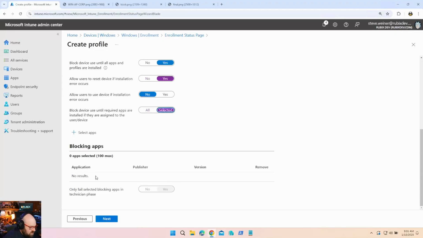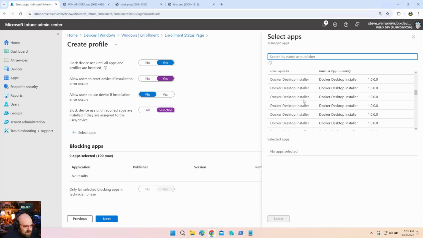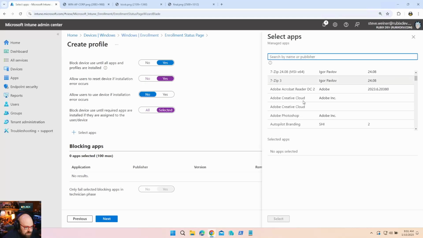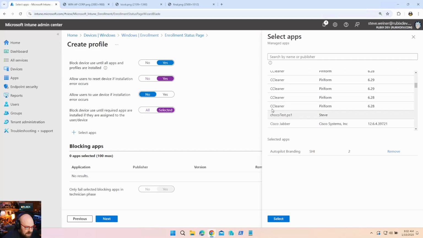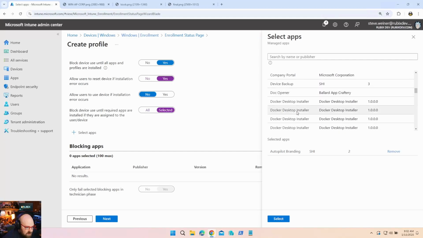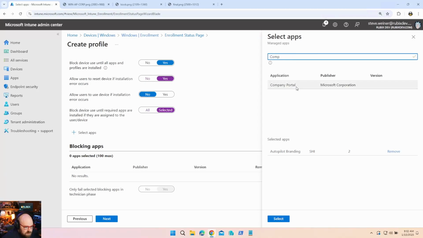And what applications can wait until after the user's on the desktop can either come down in the background or the user can download self-service through the company portal. So in our case, we are going to hit select apps, and obviously we have all our apps here. I'm going to choose a few that I know I want. Autopilot branding is my customization scripts for Autopilot. The only other one I want is company portal in this case, because then the user can go get what